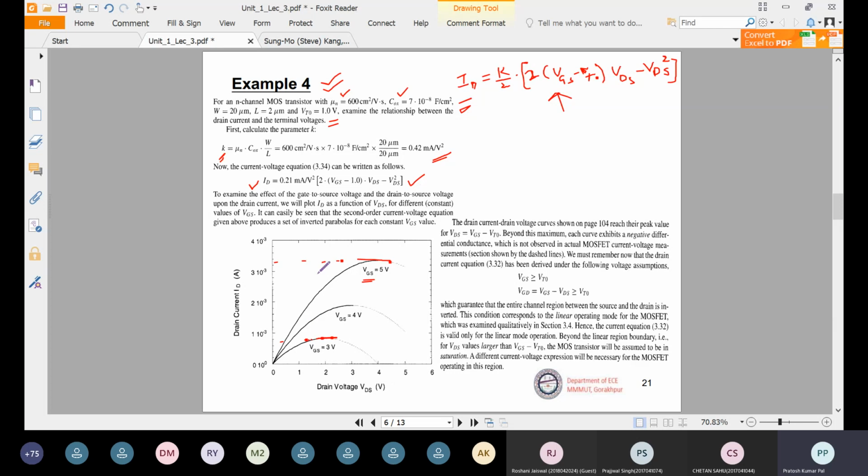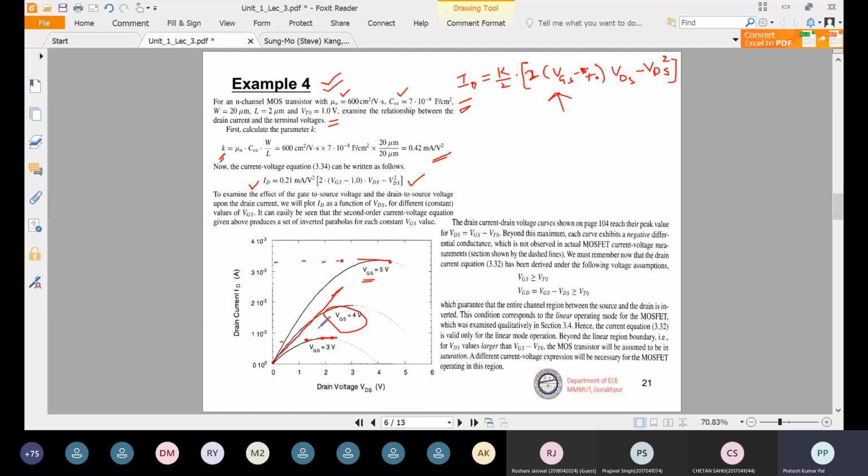So a similar type of analysis we need to perform while designing any circuit in the experimental part. Again, one case we can consider is that VGS is fixed. Suppose VGS is 4 volt. Once we have fixed 4 volt as VGS, we increase VDS from 0 to 6 volt. As we are increasing, we can find there is a current relation. For some time this current relation is constant.